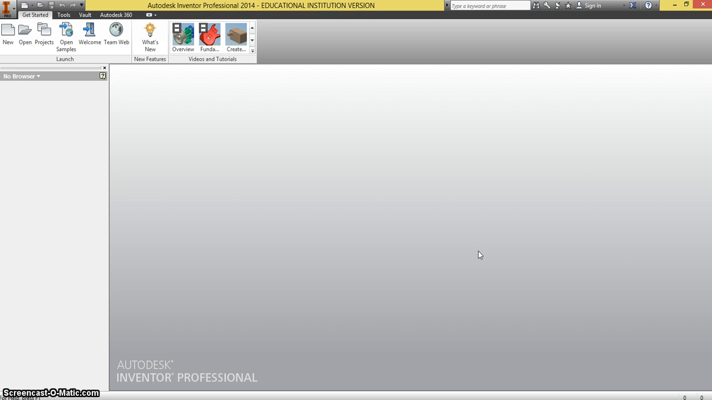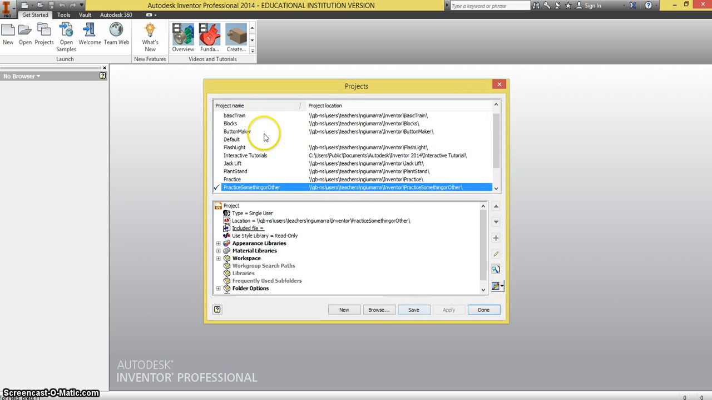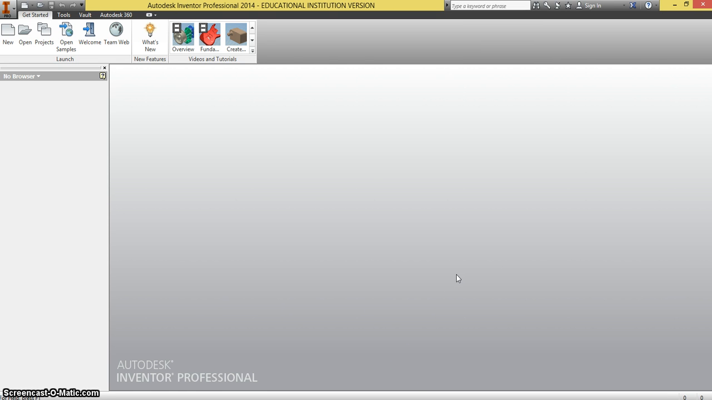This is a button maker part, so what we're going to have to do is when we open Inventor, we're going to have to go to our projects. We're going to have to select button maker, double click on it. We're going to hit done. Now whatever we're creating is going to go in the button maker folder. Now we're going to create a new